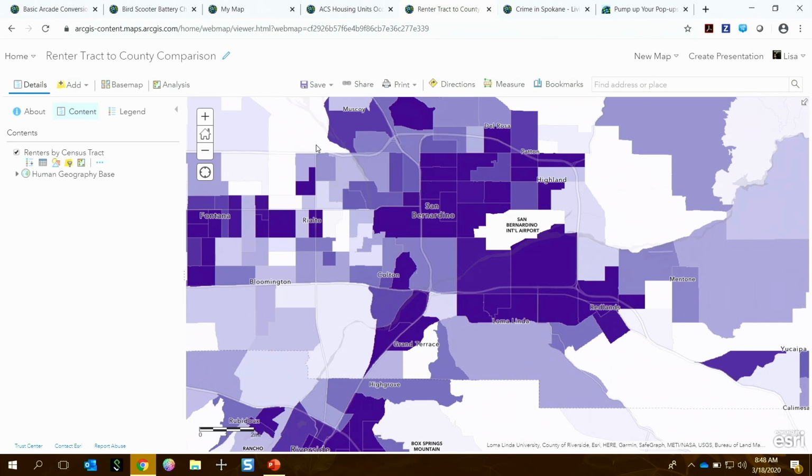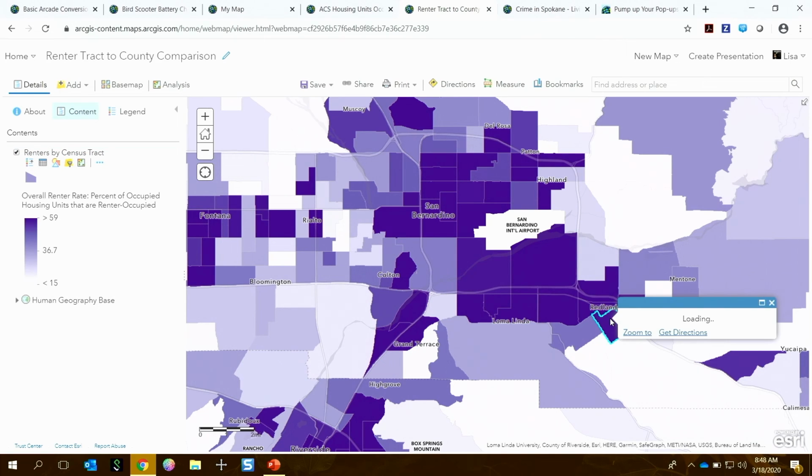So now let's look at this map real quick. This is a map using that ACS layer that we just saw, but using a different attribute. This is the percent of occupied housing units that are renter occupied. So where do renters live? You'll see my map only has one layer in it, but if I click on an area such as Redlands, where we are right now,